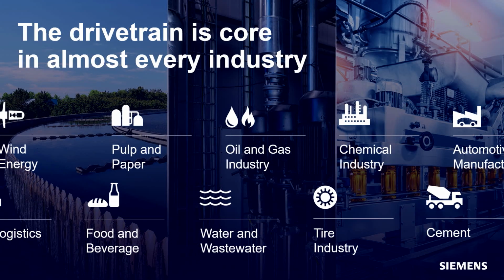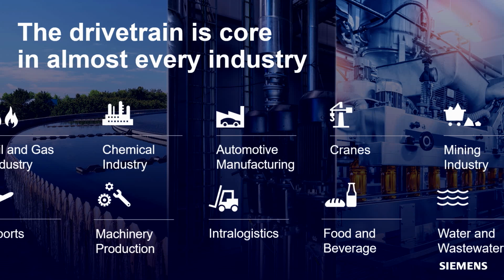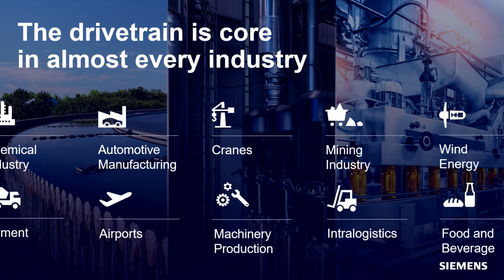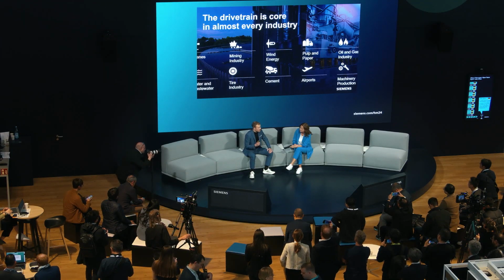Yeah, sure. But before I go right into the topic, I would like to highlight, first of all, the importance of drive technology in various industries. The drivetrain technology moves the industry. A drivetrain typically consists of an electric motor, a frequency converter, which controls the speed, certain mechanical components like a gearbox and couplings, and then the application itself, a fan, a pump, a compressor, and overall it's running. But that's why we as Siemens look closer, and what we want to do is motion beyond expectation. That's a bold statement. Yes, it is. You know that.